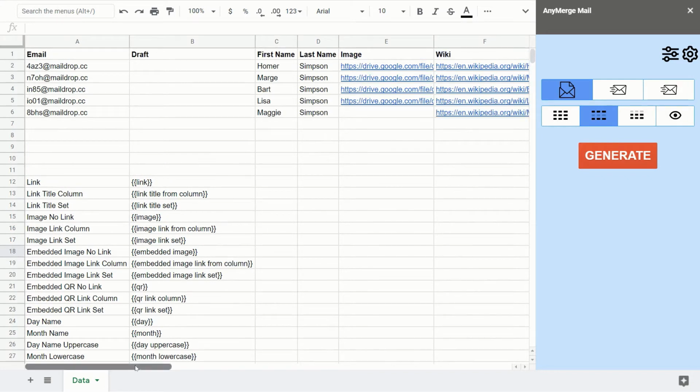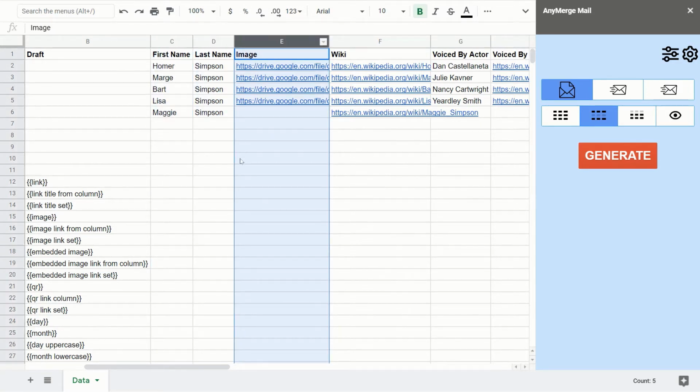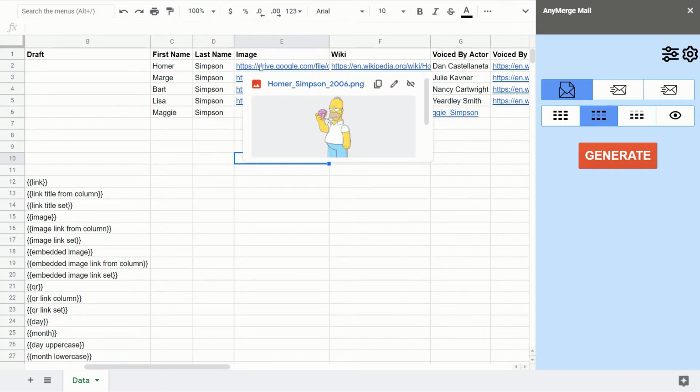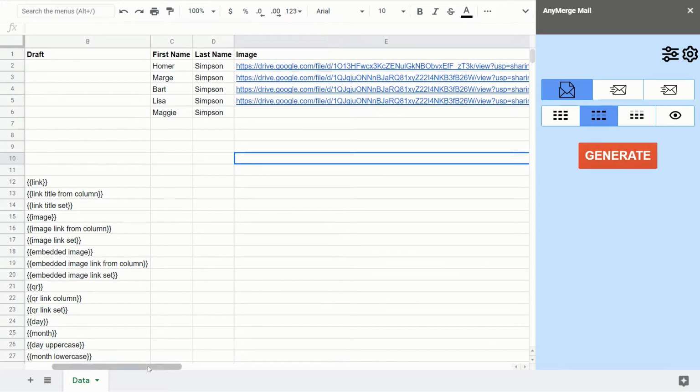I prepared this data sheet. Again, we're going to be playing with the Simpsons family. So we have here first name, last name. Then we will be merging images. Those images are sitting in my Drive folder,